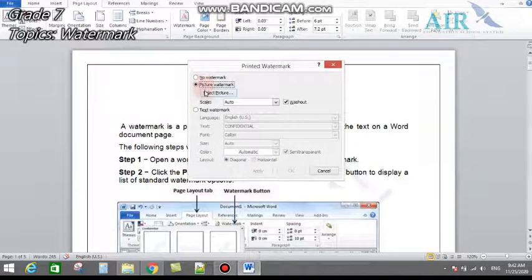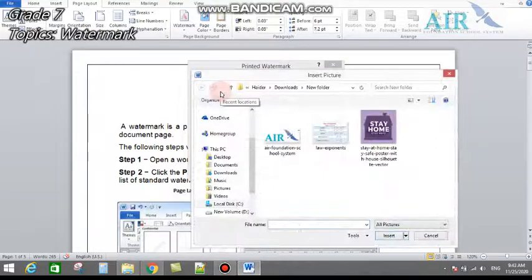After clicking it, here is an option, select picture. Now whatever picture you want to insert in a Word document, you will click select picture and it will take you to your drives. Now from here you can select any picture by going in any folder or in any drive.